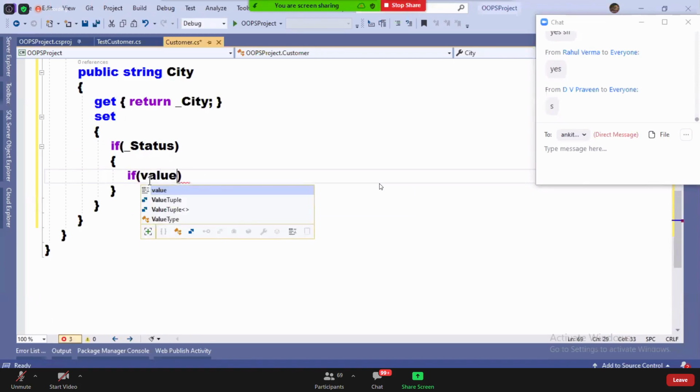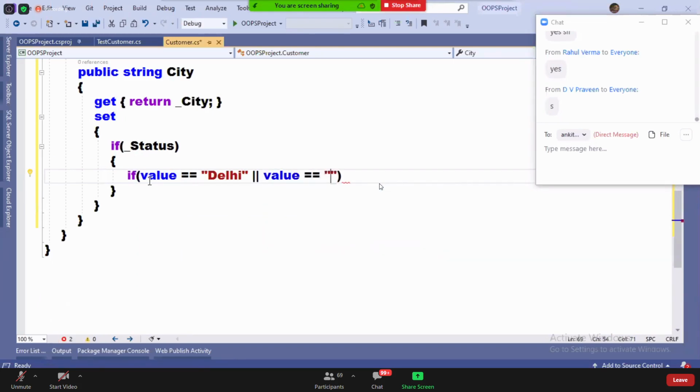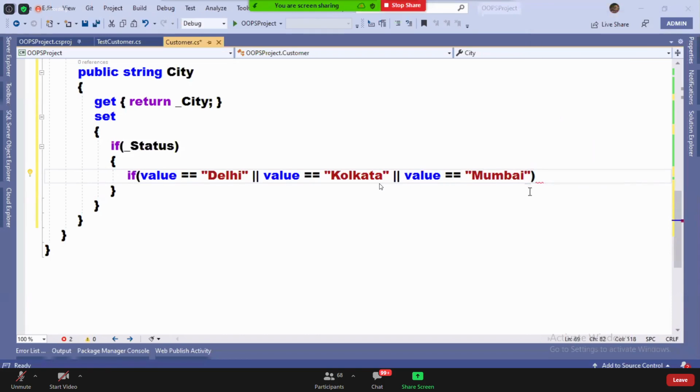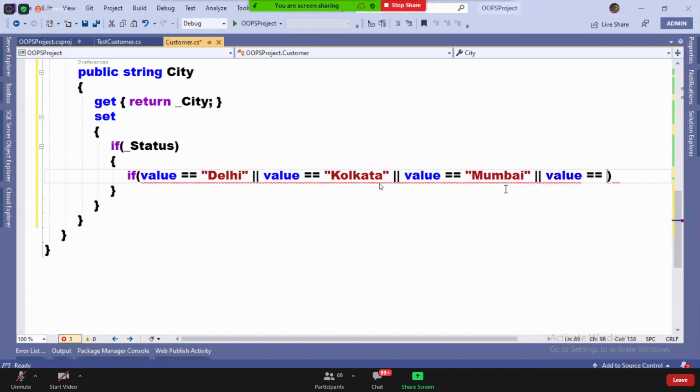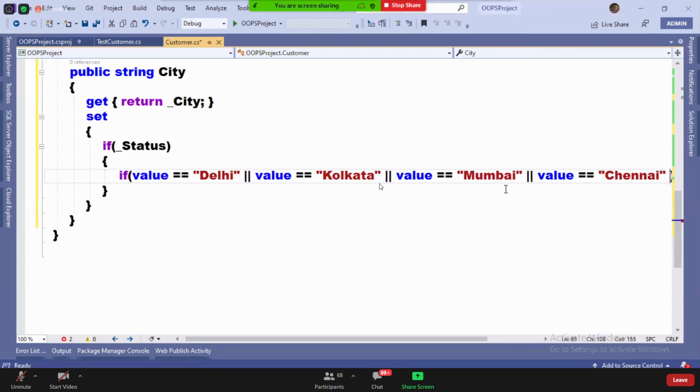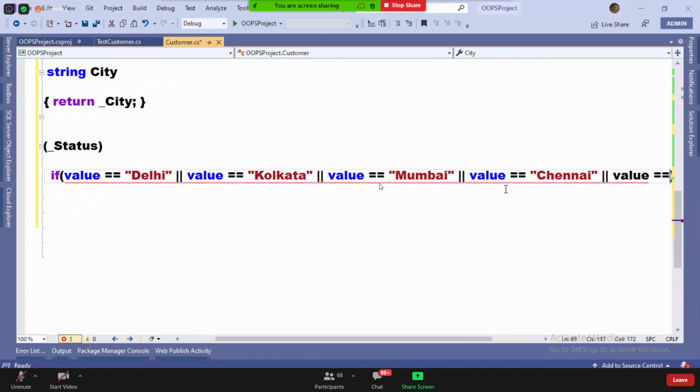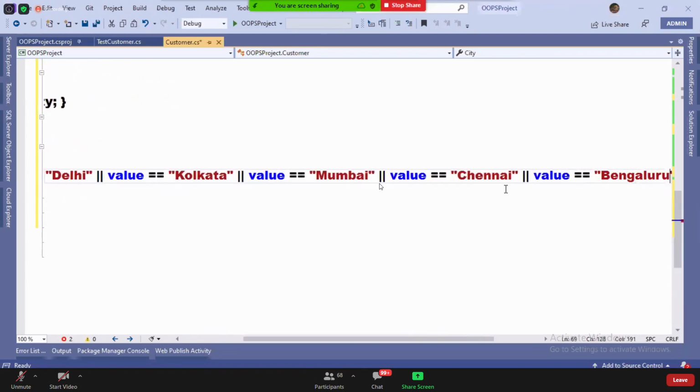What if value is equals to Delhi or value is equals to Kolkata or value is equals to Mumbai or value is equals to Chennai or value is equals to Bengaluru or value is equals to Hyderabad.